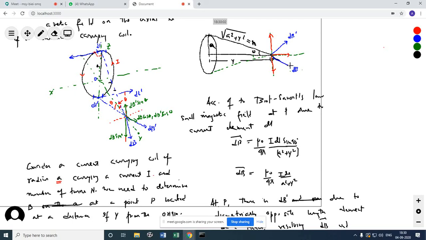So hence resolving dB and dB prime, we see that the perpendicular components,